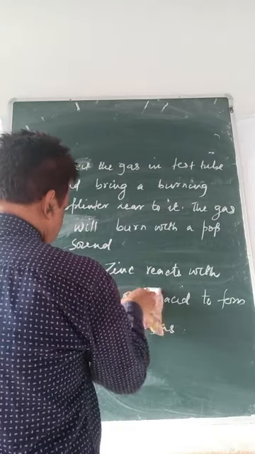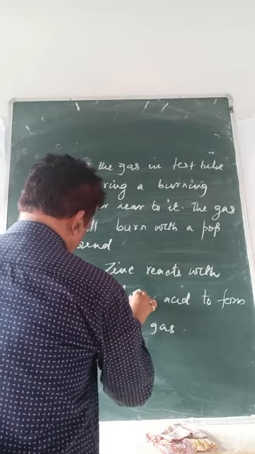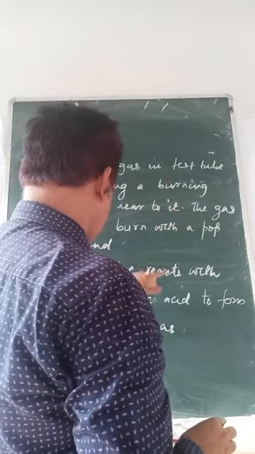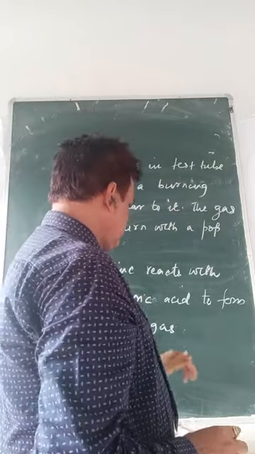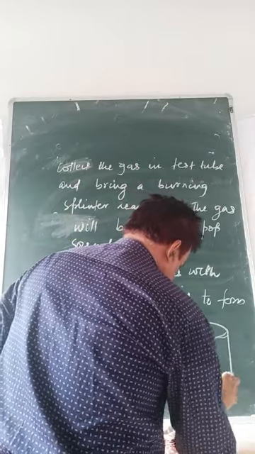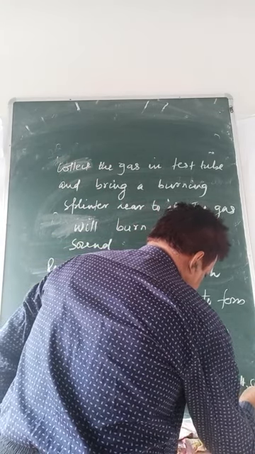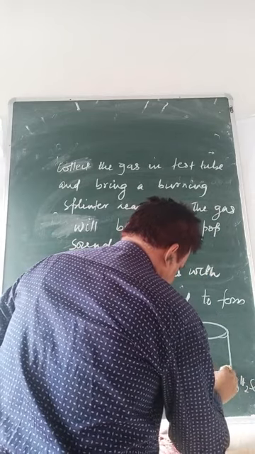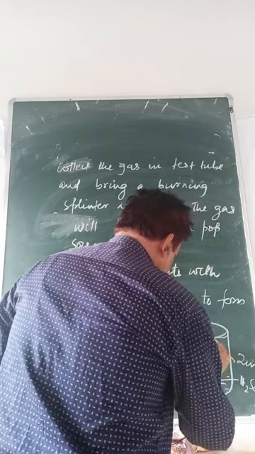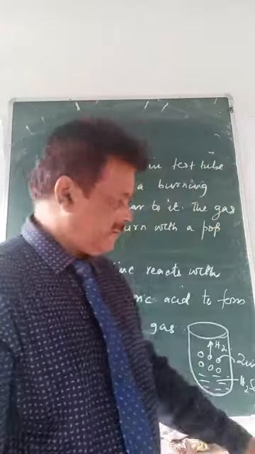I think I have made a mistake. It is sulfuric acid I should have taken. Sulfuric acid. Actually, whatever I have written, collect the gas. Previously I have written zinc metal there. Once more I am showing you here. This is our H2SO4. Sorry. Then these are the granules of zinc. Then hydrogen gas is, do a correction. It is H2SO4 we have taken here.